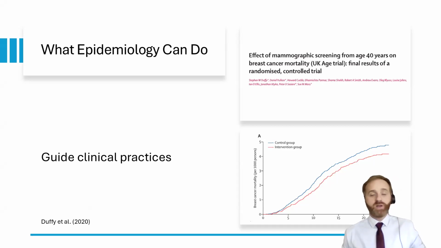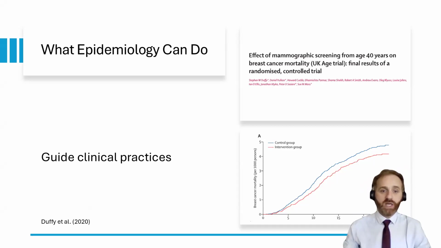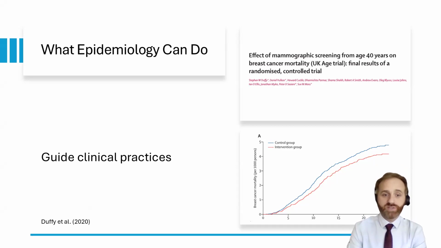One final example is about how epidemiology can guide clinical practice. This study was published by Duffy et al. in 2020, which compared the effect of establishing early mammography for women at the age of 40 compared to the usual practice, which is the age of 50. If you look at this graph, you could see the difference in the mortality rate, or the death rate,